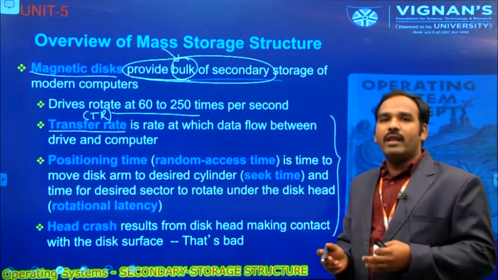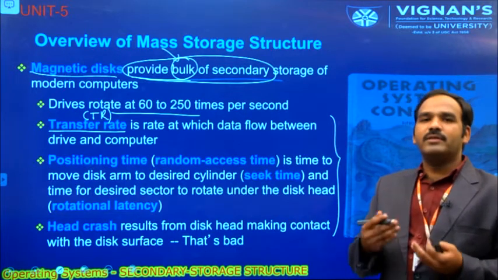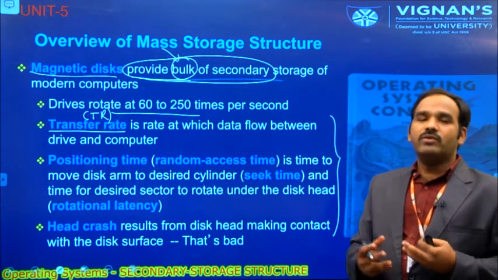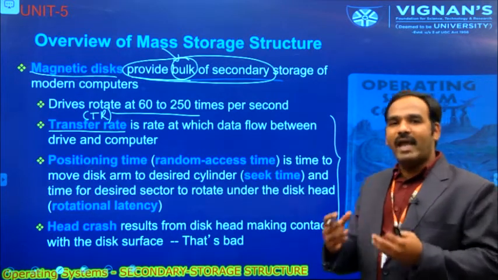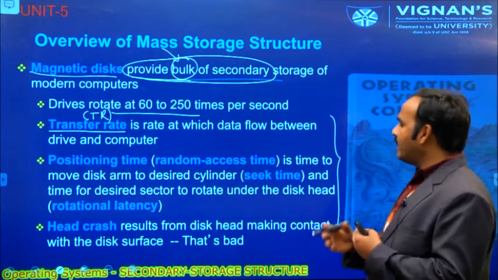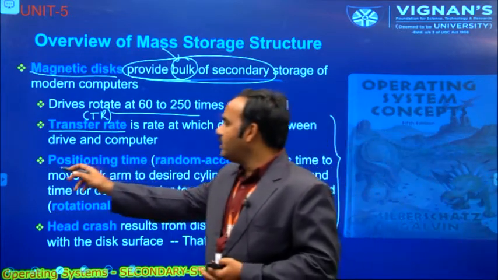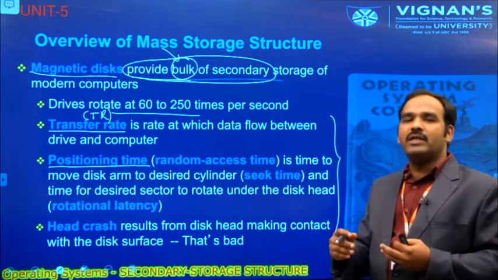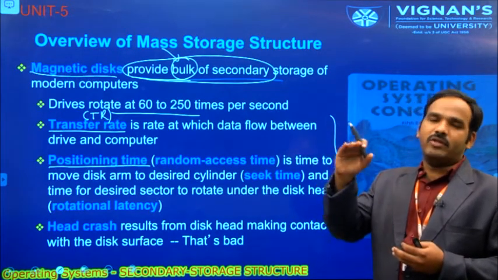And while performing the data transfer in the system, when we calculate the transfer rate, we have to add the seek time and the latency rate. So other times, like random access and latency rate, you have to consider. The first one is the positioning time. Already we have explained it: the time taken to position the read and write head on a specific track.